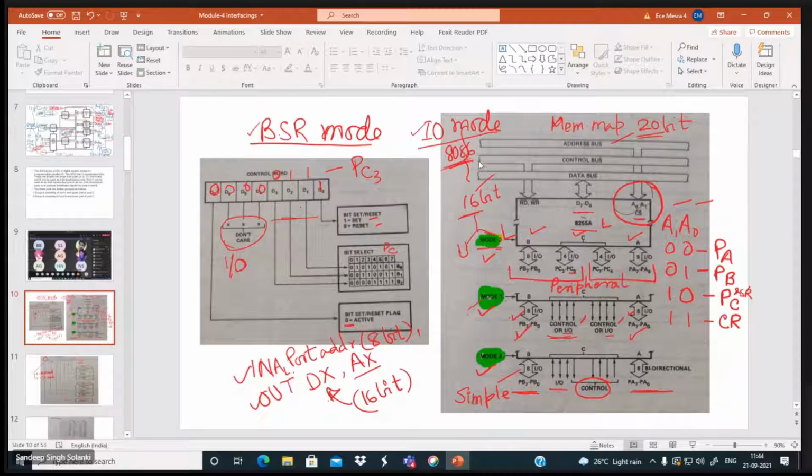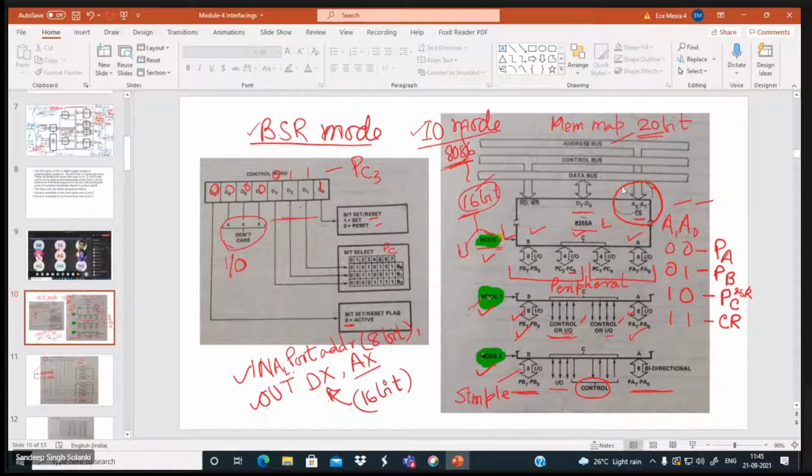For your information, when 8086 works in IO mode, it delivers 16 bits of address, but when 8085 is there, it delivers 8 bits of address. What I have made here is lower and upper, meaning 2 bytes, lower byte and upper byte. The lower byte will select the lower 8255, and the upper byte will select the upper 8255.